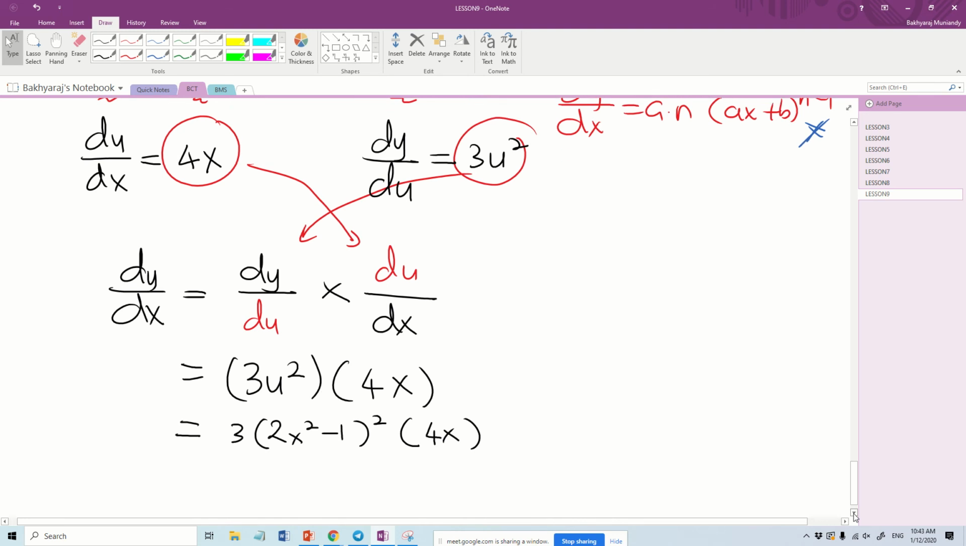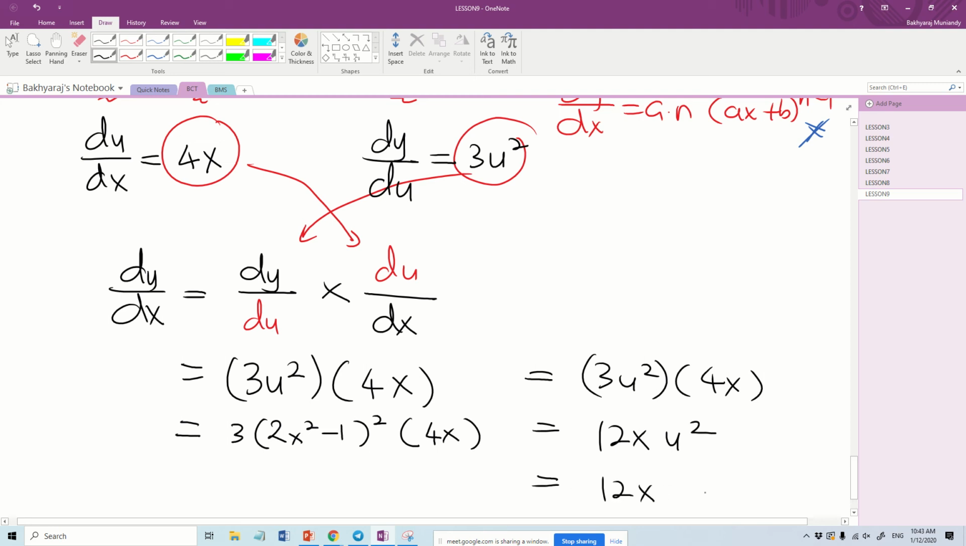Okay, you can do this also. Of course, it's acceptable. If you get 3u square times 4x, you get this first: 12x u square. Then substitute after, also can. This is also an accepted answer. No issue accepting this answer. But now I put the u first, and I go for the last answer. So my last answer is 12x times